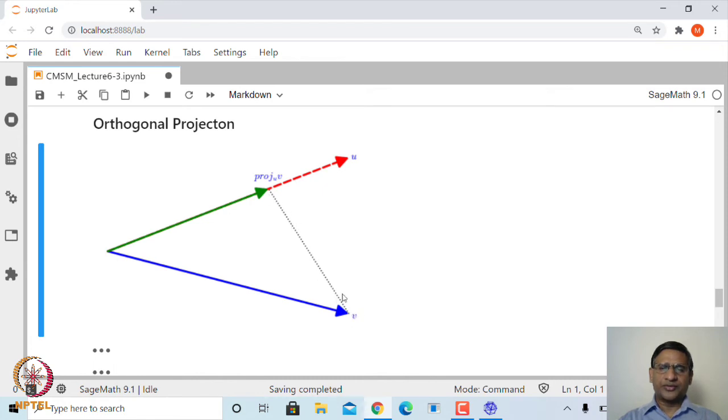So, you take a perpendicular from V to this U, this line U, this is the origin, and then this particular vector, this green, is called the orthogonal projection of V onto U. And how do we obtain this vector? Actually, this will be a scalar multiple of U. So, this projection of V onto U will be some t times U, and since this is perpendicular, the dot product with U will be 0. If you look at this t times U plus this vector, which is V minus t times U, that is V. So, this V minus t times U will be orthogonal to U, and that will give you the value of t, and it turns out that